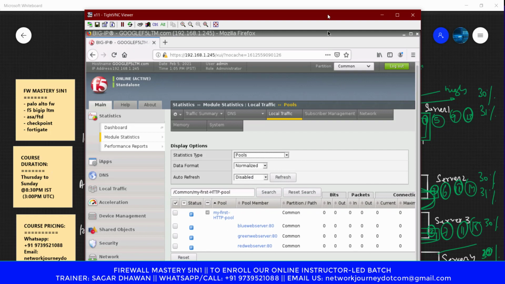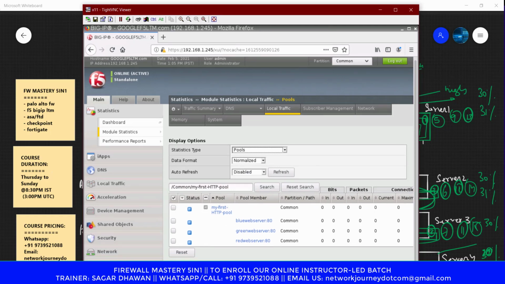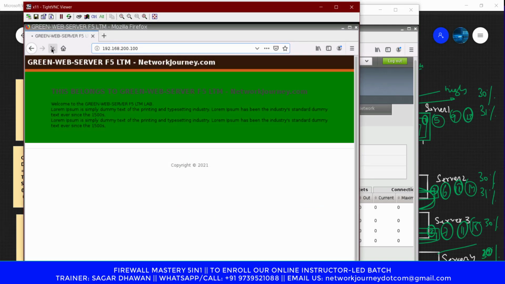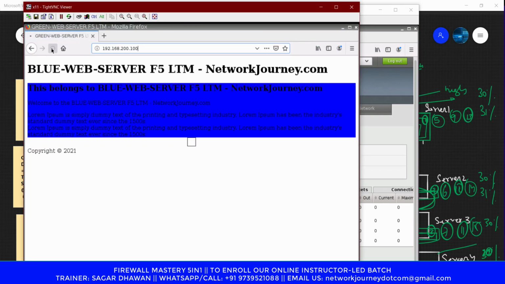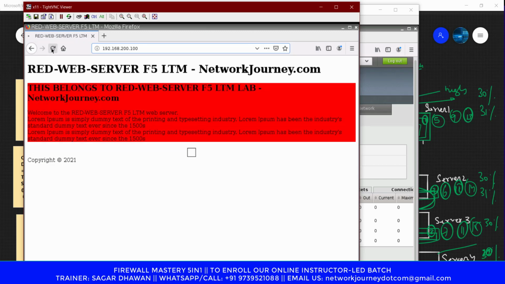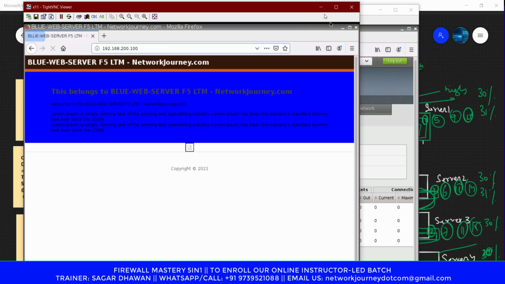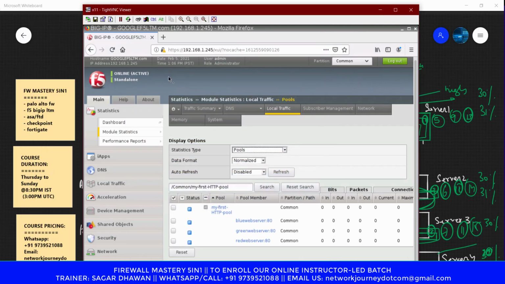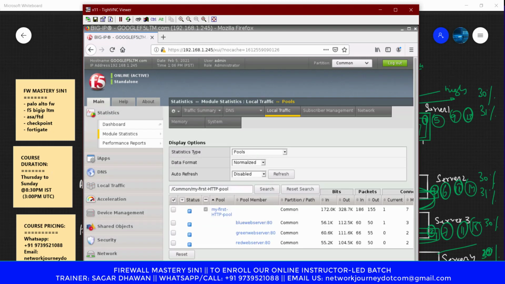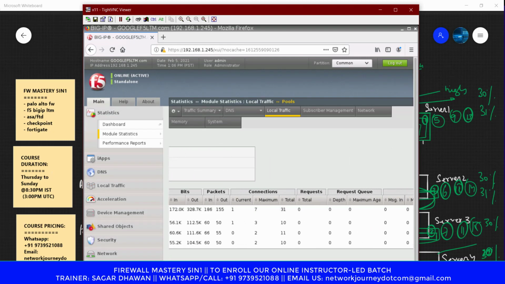Now let me reinitiate the testing. So let's refresh. Okay, multiple refreshes. Okay, and if I come here, let me refresh this to see the updated counters. So you can see the traffic connections now.